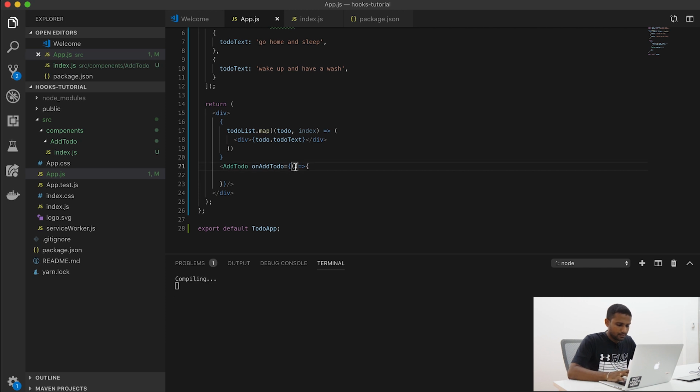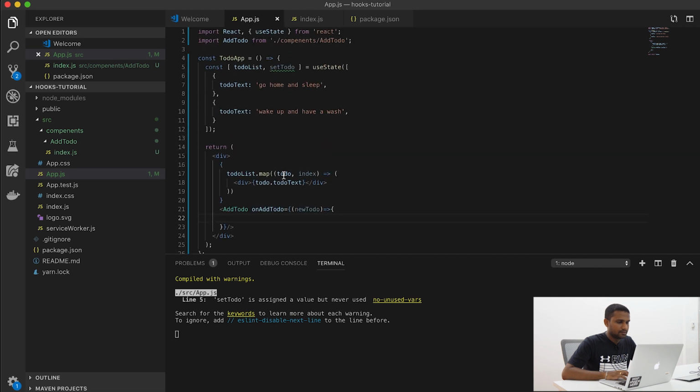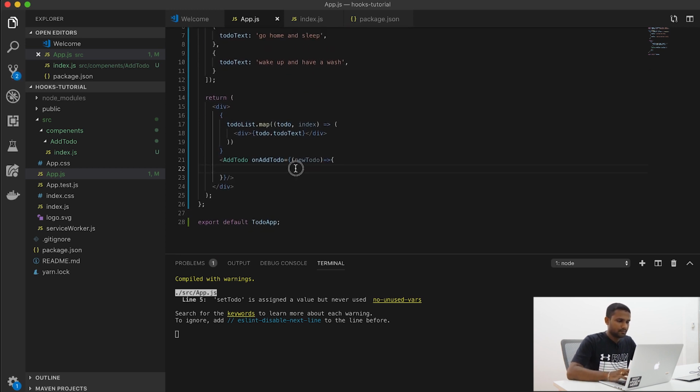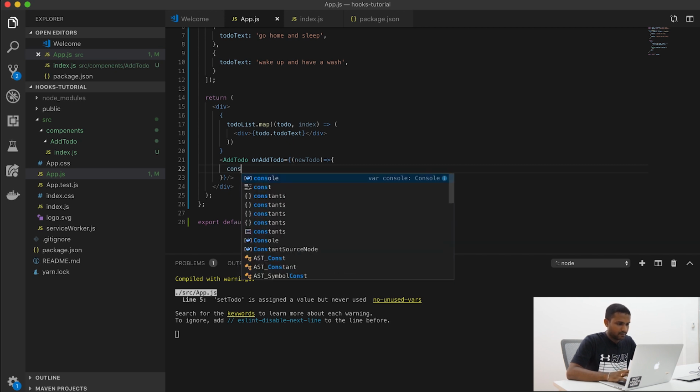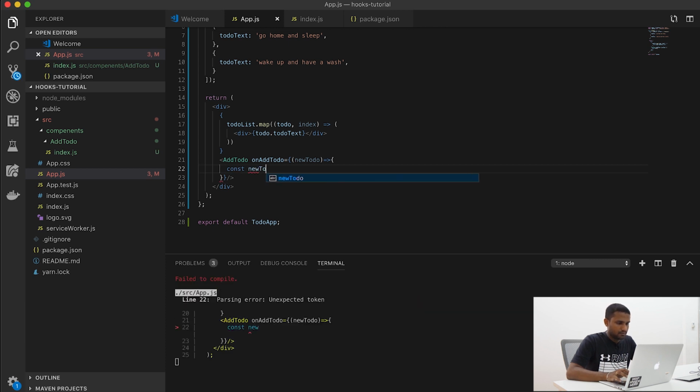So we will be getting the input new to do as a string from the previous component, and now we will use this function to update this to do. So how we are gonna go around that is, we'll get a new variable, new to do list,